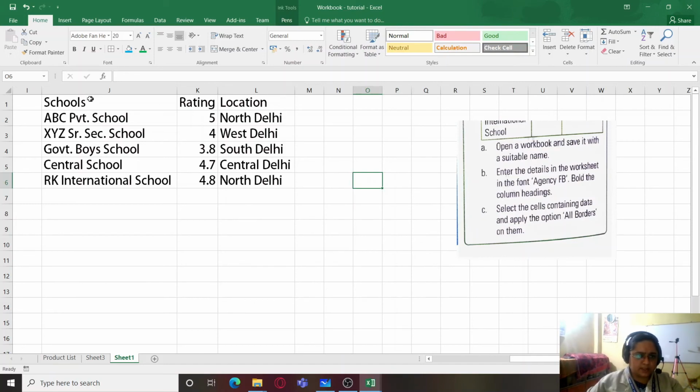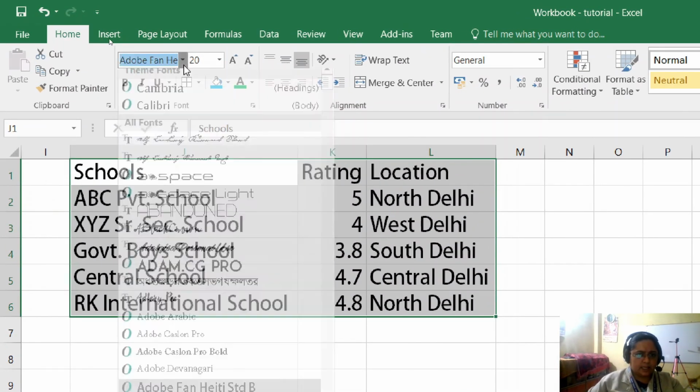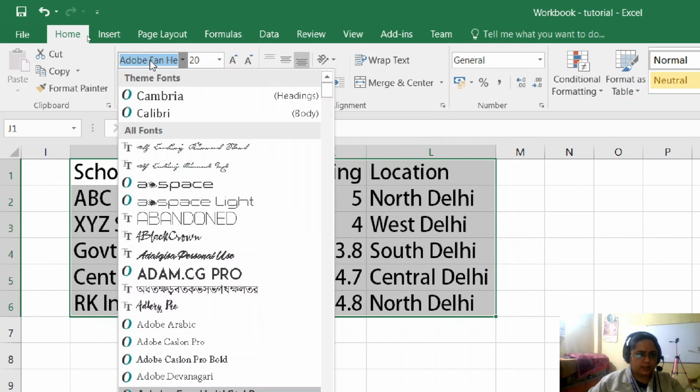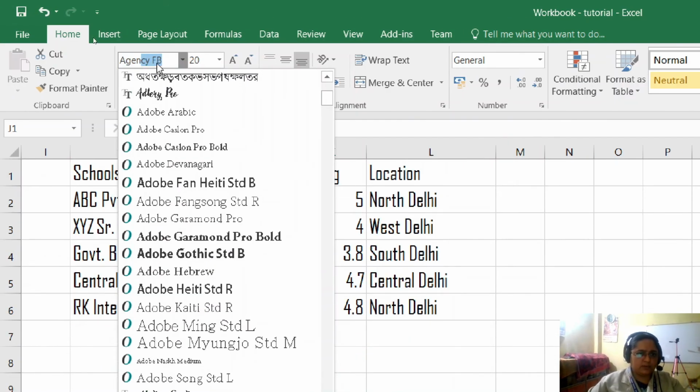So I have to first select these cells and I'll go to this font dialog box. I can just click here and you can see that this font has been already selected. So I will simply start typing agency and you'll find this Agency FB over here.